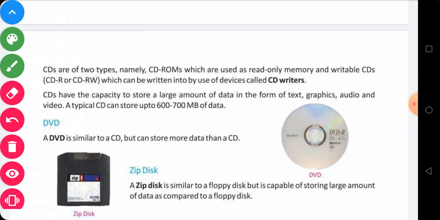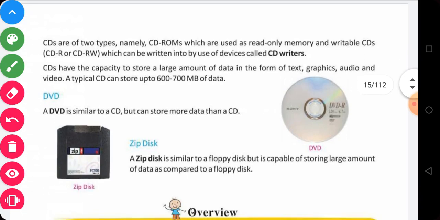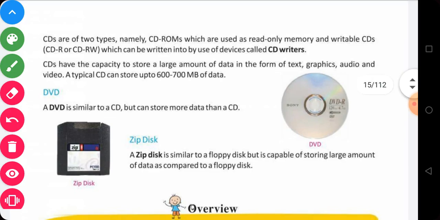First one is CDR and second one is CDRW. In CDR we can only read. We cannot write any data on CDR, but in CDRW we can read as well as write data on the CD. For writing such information on a CD, we require a CD writer. And the CD has a storage capacity of 600 to 700 MB of data.